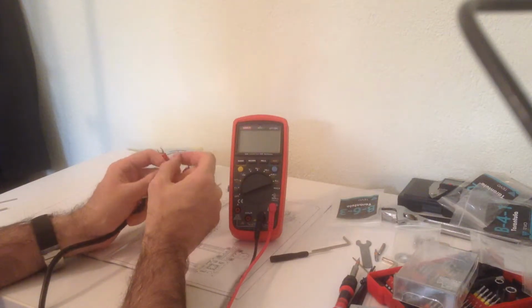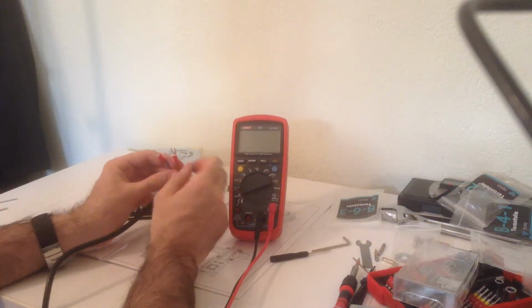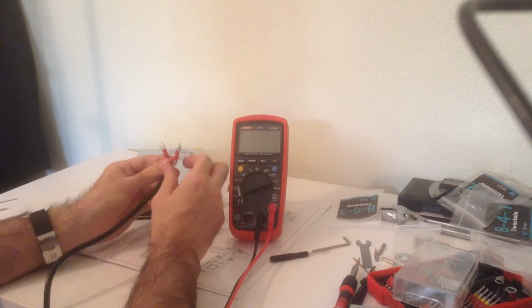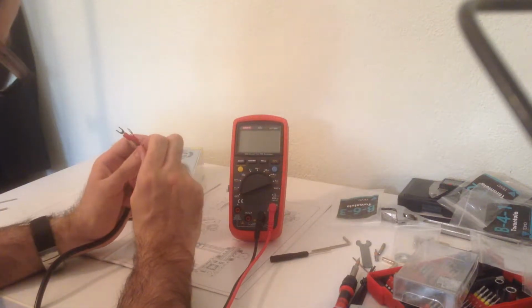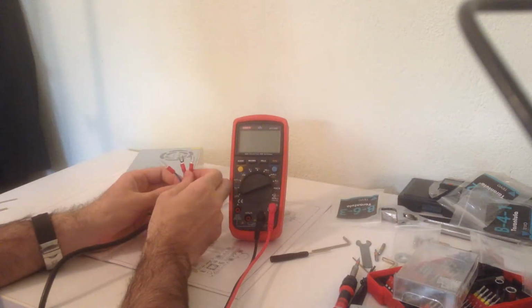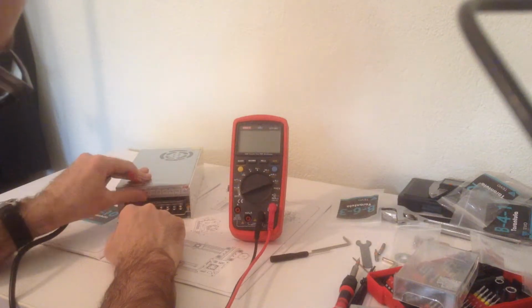It used to be bare wires. I don't know if Tevo reliably changed that to crimped terminals or if I just got a bit lucky. But in case you don't have those and you just have the bare copper or bare aluminium on the terminals, if you twist them and put them in the screw terminals,